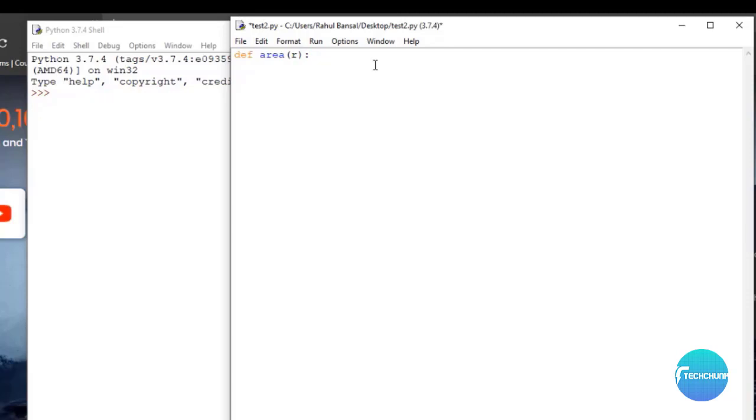Now this particular function has to calculate the area of a circle. We have the formula for calculating the area of a circle as pi r square. We know it. I am taking a variable, c, any variable you can take, which will store the area.